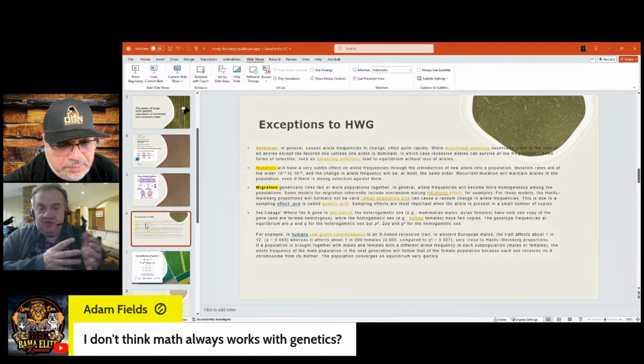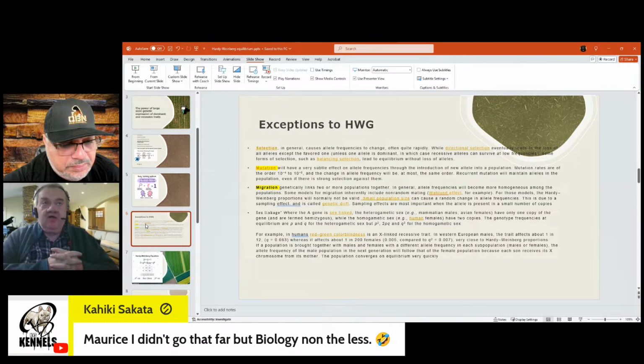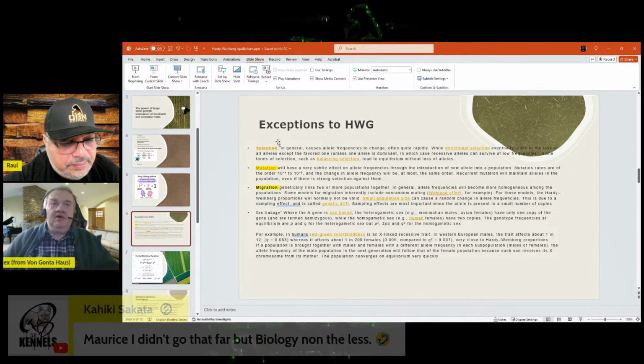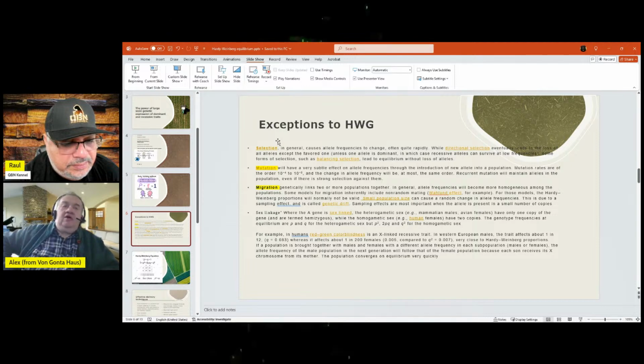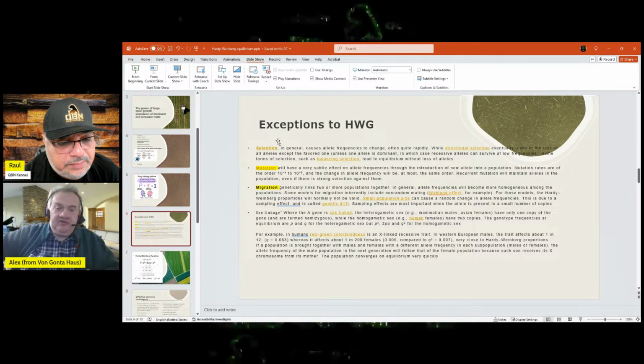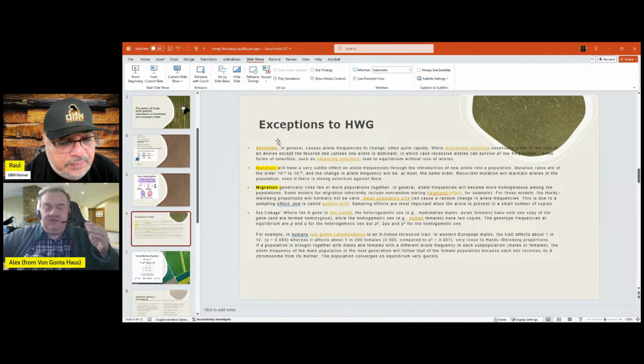So that's how it works. Now, what are the exceptions? Well, the first exception is selection. So it assumes there's no selection, but in fact, there is selection. If you're a breeder, you're selecting animals you will breed together, right? If you're in nature, nature selects the strong to survive, not the weak to survive. So there is selection. That is something the equation assumes not to be in place, but in fact, it is in place, right?